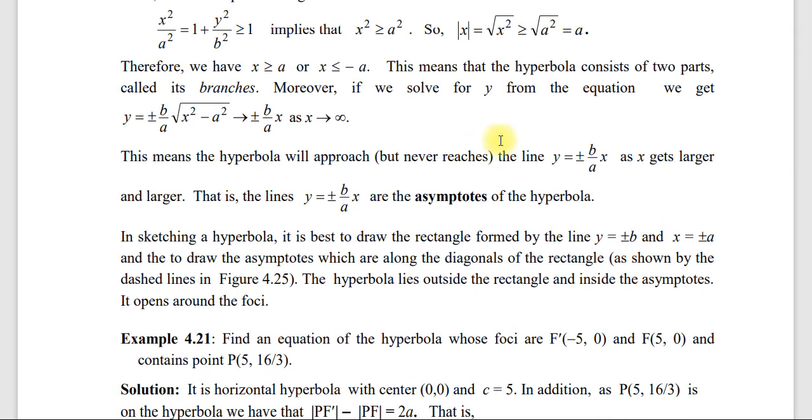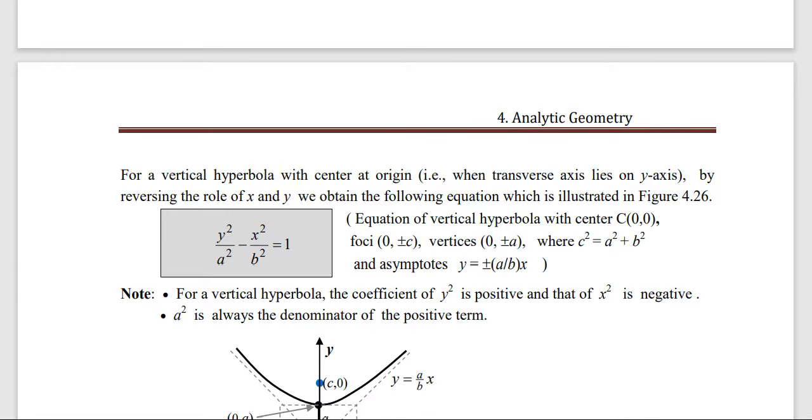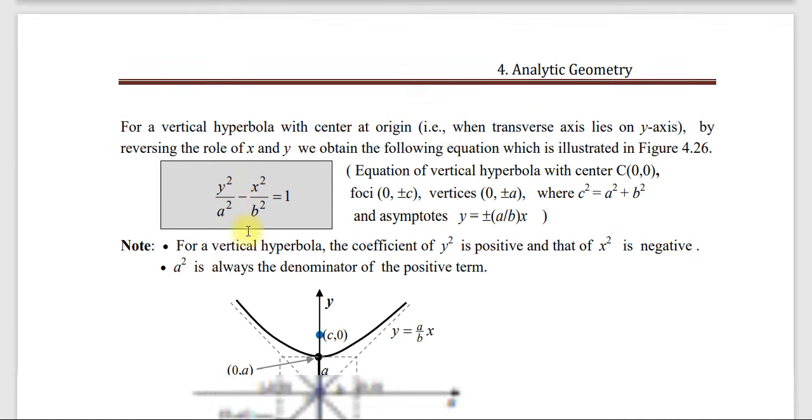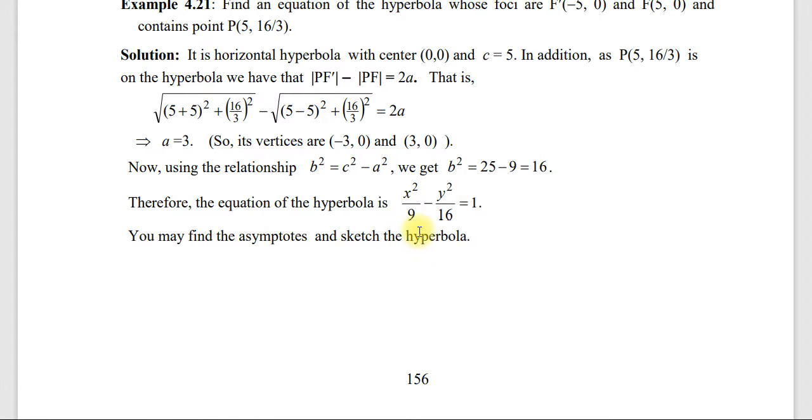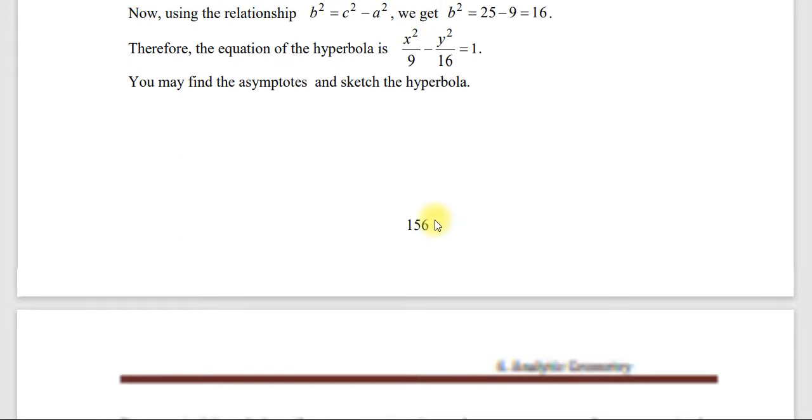Asymptote ደግሞ ራሱን የቻለ ኢኩዌሽን አለ፣ plus or minus b over ax። So for a vertical hyperbola with the center at the origin, when the transverse axis lies on the x-axis, by reversing the role of the x and y, we obtain the following equation illustrated below ይለናል። vertical ሲሆን የቀደሙ horizontal ነው፣ vertical ሲሆን ደግሞ እንደዚህ አድርገን መስራት እንችላለን። ጥያቄውን ጨርሰናል። አሲምፕቶቱን መስራት ትችላላችሁ፤ plus or minus b over ax ብለን ነው የምንሰራው፣ b እናውቃለን a እናውቃለን፣ ስለዚህ a እና b በመተካት መስራት እንችላለን።